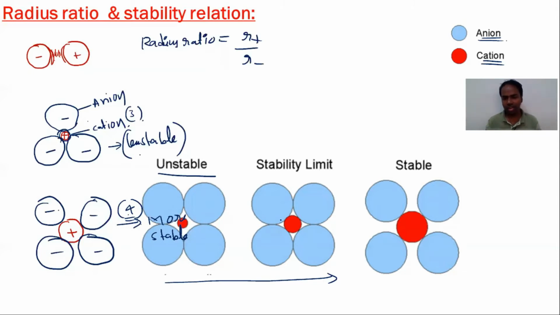So when the size of the cation increases, what about stability? Stability slowly increases. So this is the most stable form. Why? Because here anions touch each other, whereas here anions do not touch each other. In ionic compounds, if the adjacent anions touch each other, then repulsions are more, its potential energy increases and stability decreases. The conclusion is, if the radius or size of the cation increases, the stability of the ionic crystal also increases.